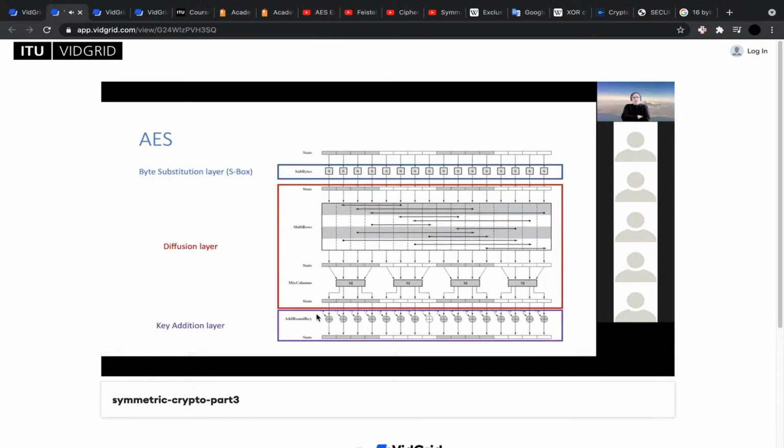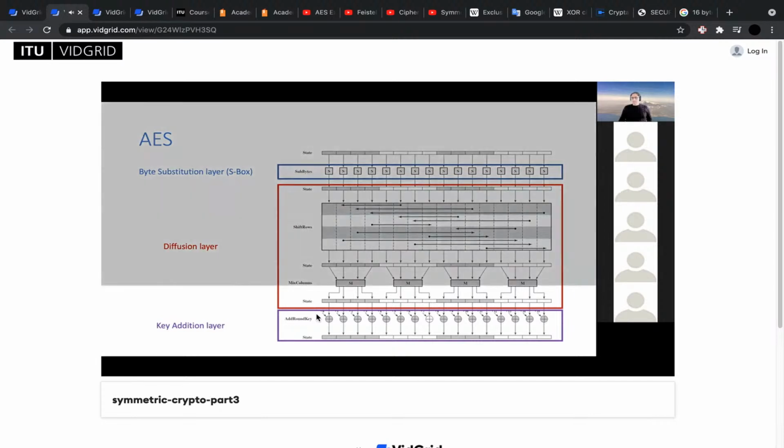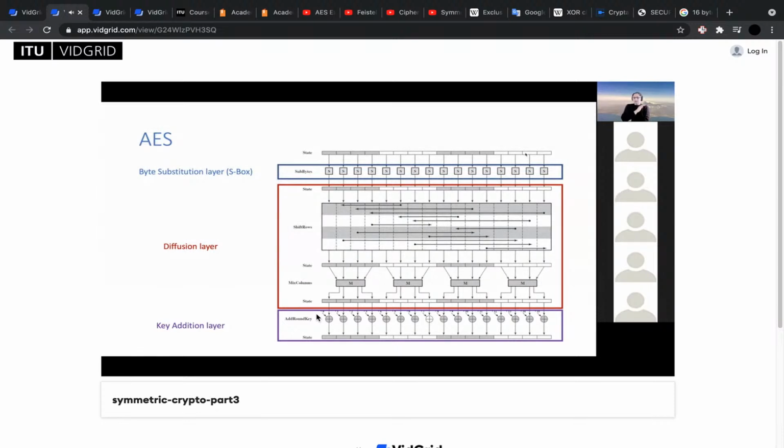AES has three main subroutines, which are called layers in the technical language. The first is the byte substitution layer, called S-box. We're going to see briefly how it works, but the idea is that with S-box, you provide confusion, so you obscure the connection between the ciphertext and the key. Then the second layer or subroutine is the diffusion layer, which by definition